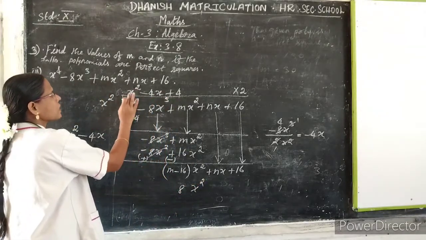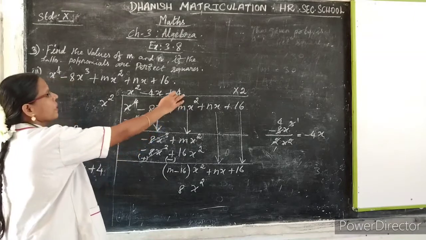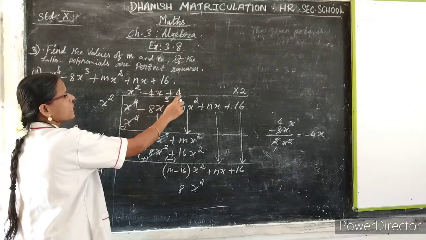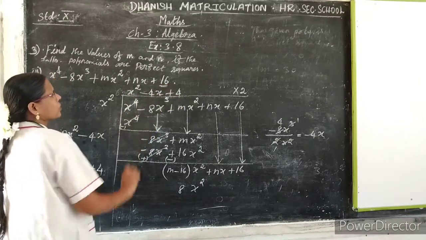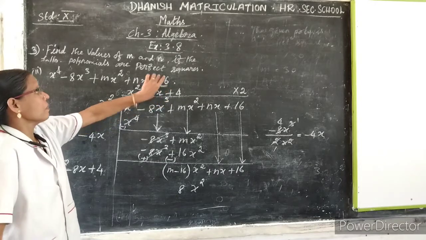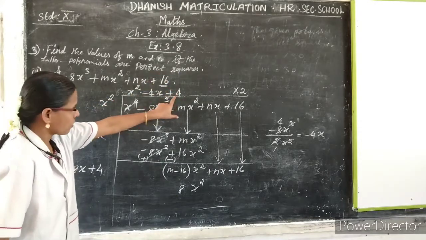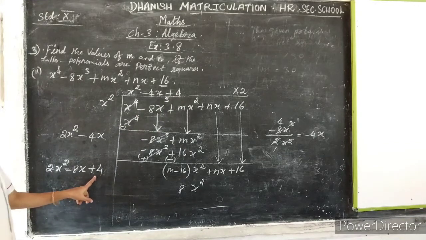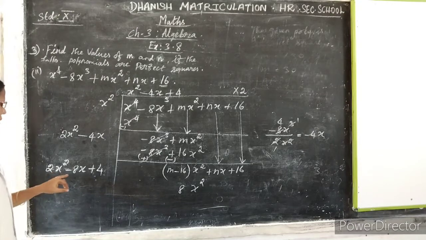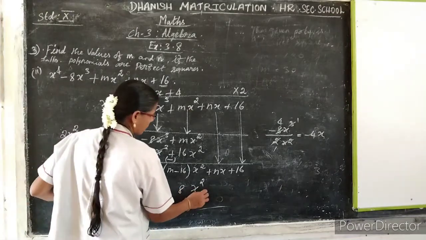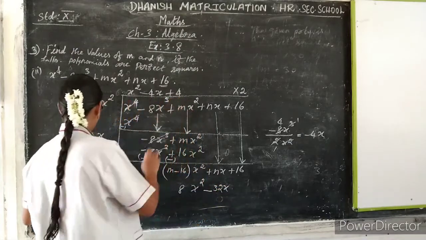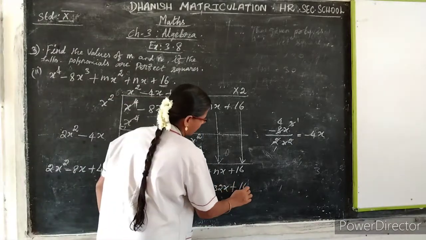In the quotient part, the x square term, x term and constant term only will come. So from that first term we know the last term. So check the question. Here the last term of the polynomial is plus 16. The square root of plus 16 is 4. Here also write 4. So multiply these three terms by that 4. 2 4s are 8x square, minus 4 8s are 32x, plus 4 4s are 16.